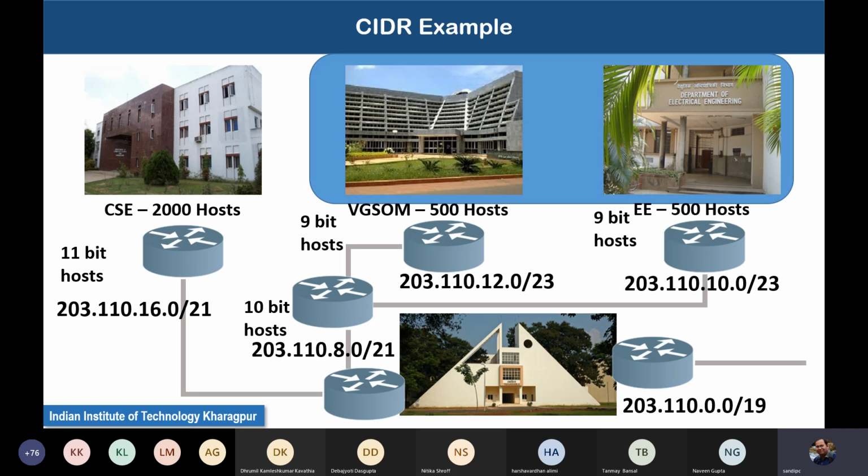Now, these routers are hardware. They are very costly devices. If you want to put more routers in your network, you need to invest more money, because even a simple router which does not have a lot of intelligence will cost something like 80,000 to 1 lakh per router. Later on we'll discuss why routers are so costly. So that's the trade-off we have between cost and IP address wastage.